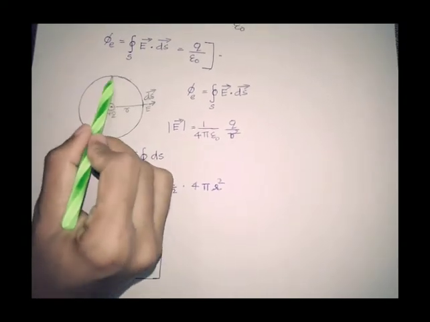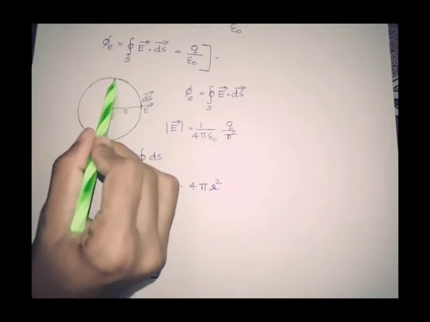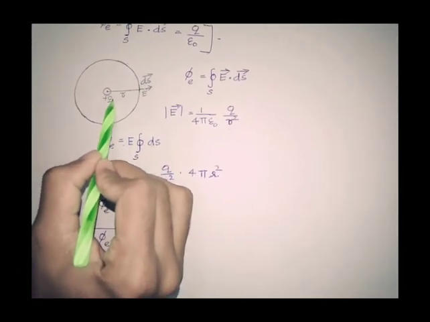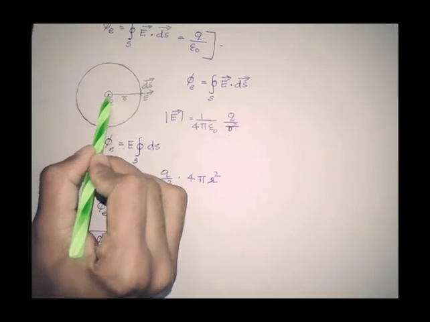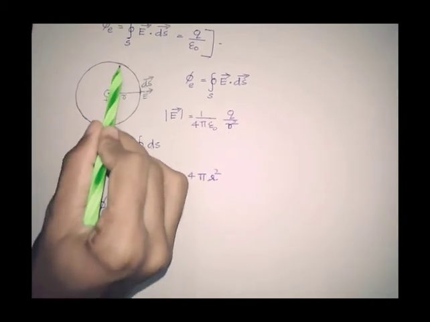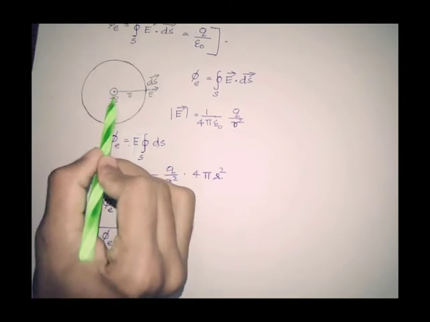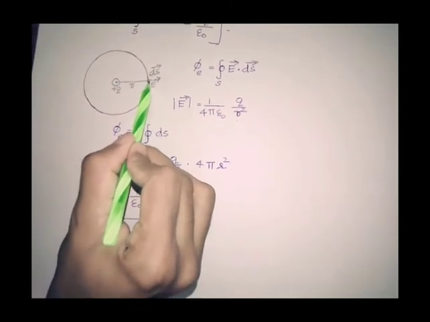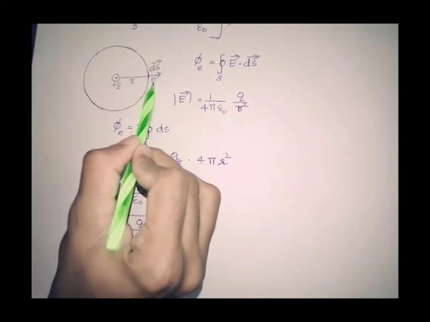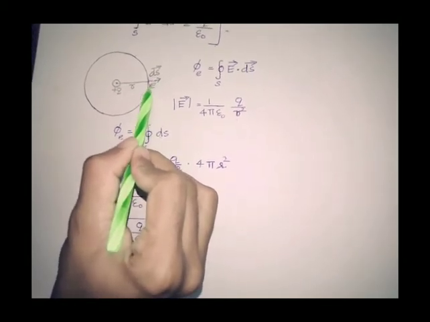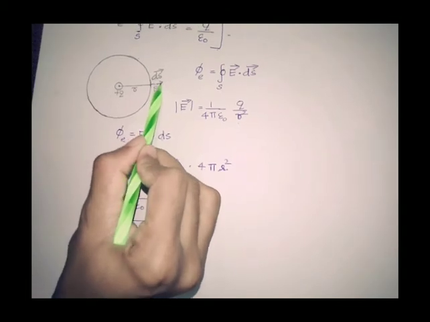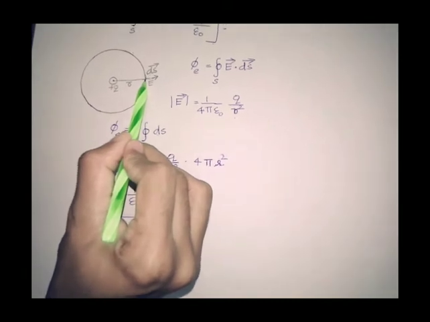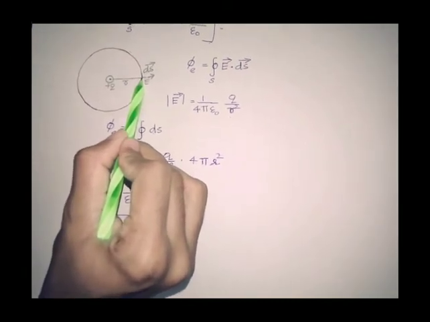It is a closed surface, and there is a positive charge Q inside it, and the distance between them becomes the radius here. So this radius is the same at each and every point. Then we extend a particular portion like this, which is the electric field intensity, and we select a small portion, which becomes ds, the surface element.